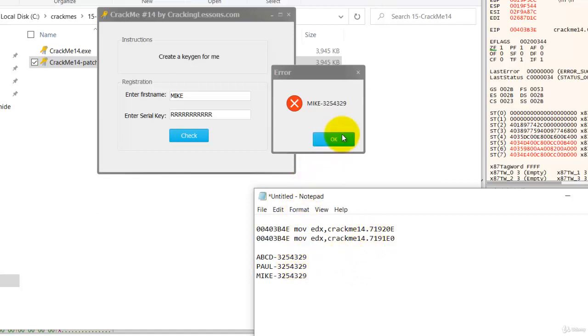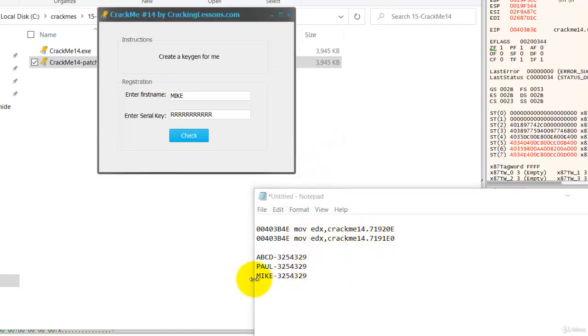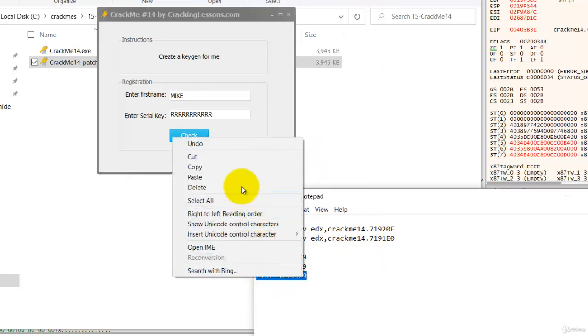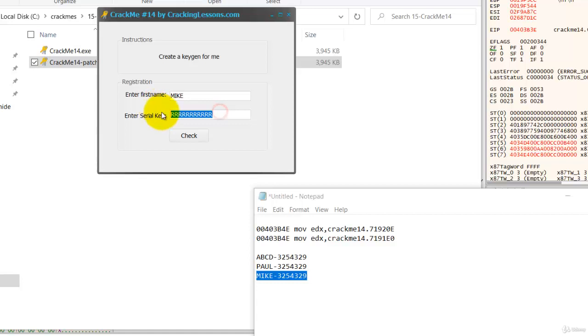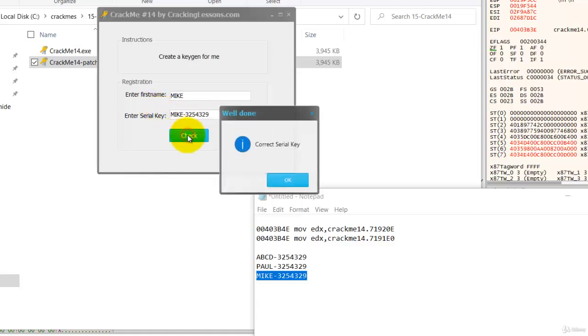Okay, so now we click OK. We copy this serial key and paste it in here. Check, and it's correct. Okay, so this is how we create a keygen, a self-keygen,